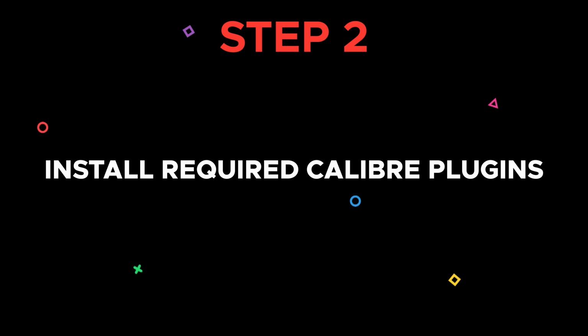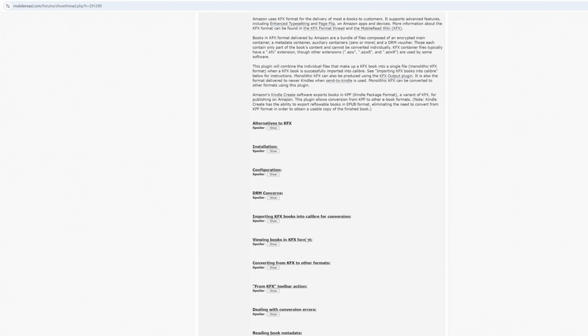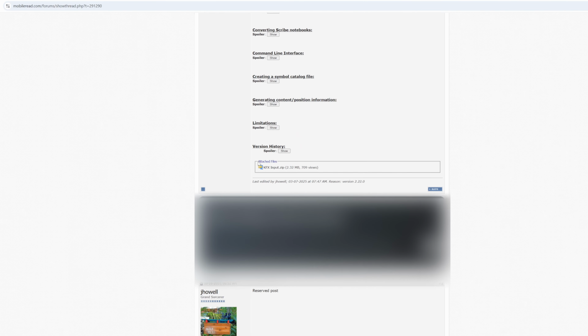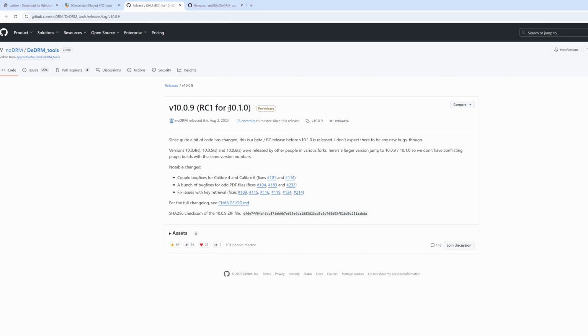Step 2. Install required plugins. Next, we need to download and install two plugins into Calibre, the KFX Input plugin and the DeDRM plugin. For installing the KFX Input plugin, the link I provided will take you to the MobileRead website. Scroll down in the first post until you see a file called kfxinput.zip. This file is already a plugin, so you don't need to unzip it. For installing the DeDRM plugin, download the beta version 10.0.9. In the link I provided, expand the Assets section and click to download the